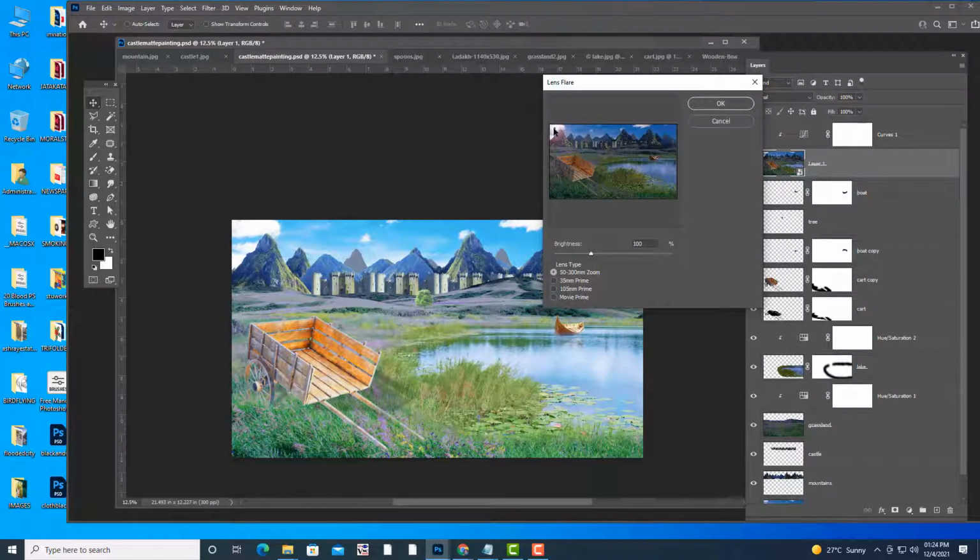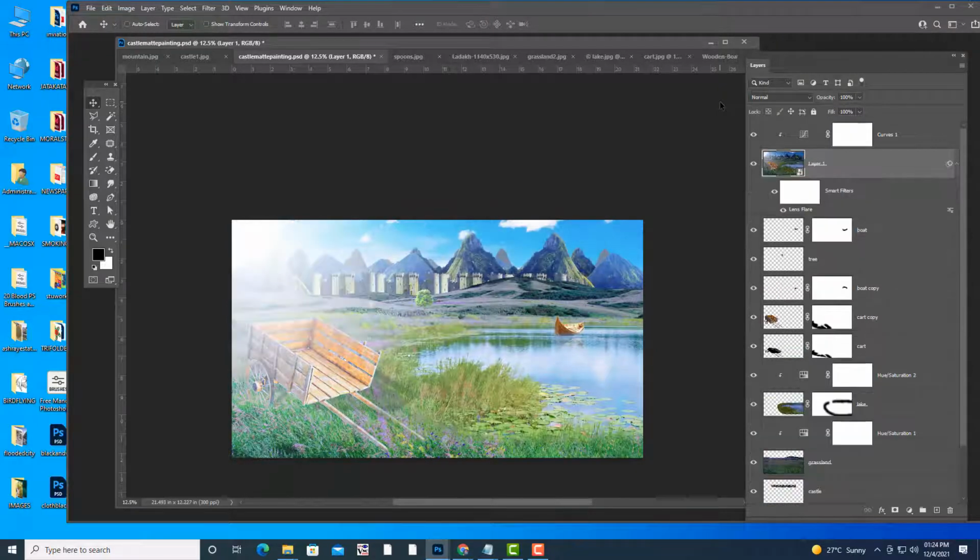We will put a sunlight here, using a 105 mm prime. From this spot the sunlight is going to come. This sunlight is too much actually, so we can reduce it.